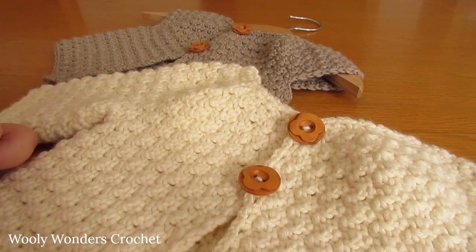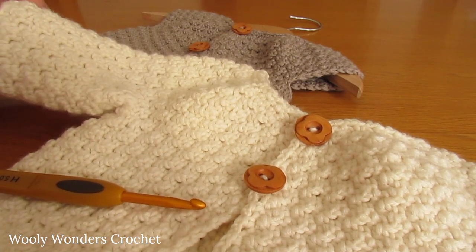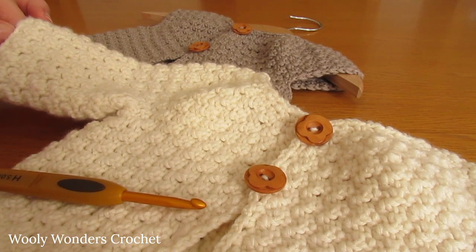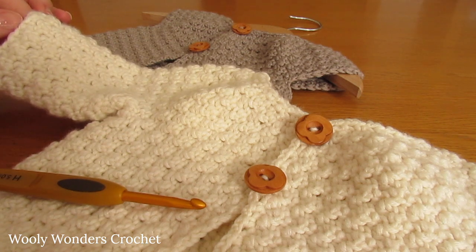Hi everyone, so in this tutorial I'm going to show you how to crochet this really cute children's cardigan that can be made with long or short sleeves. So this cardigan can be made in 6 different sizes from size 0 to 6 months up to 4 to 5 years. And in this tutorial we are going to go over the instructions for size 1 to 2 years,